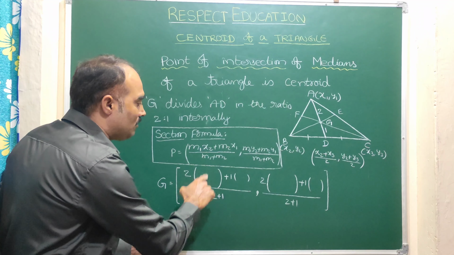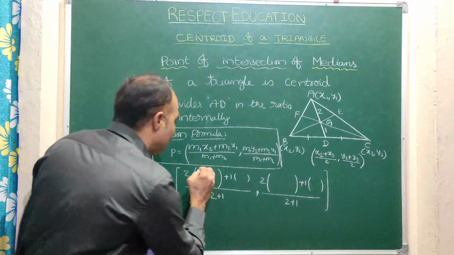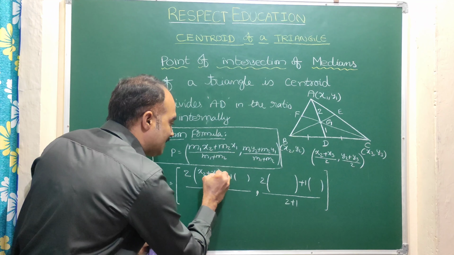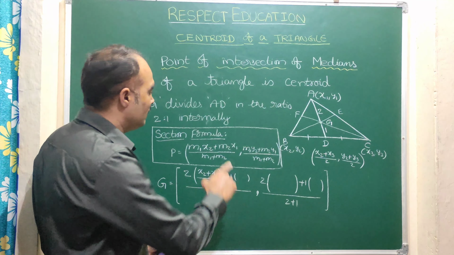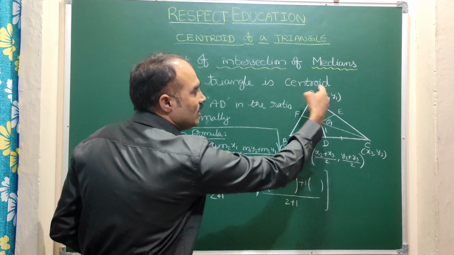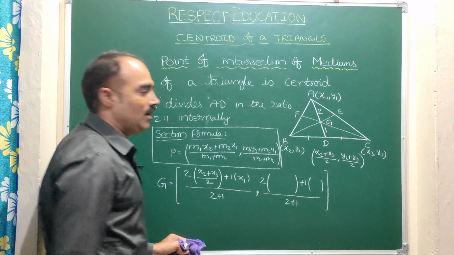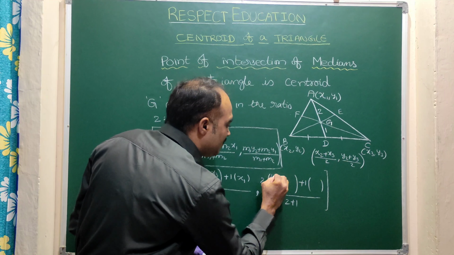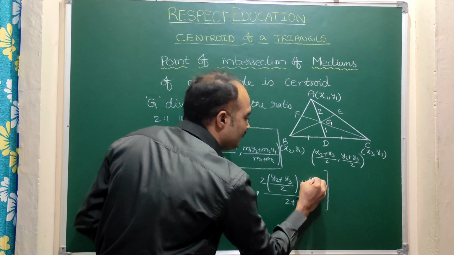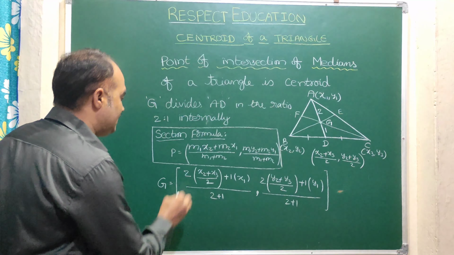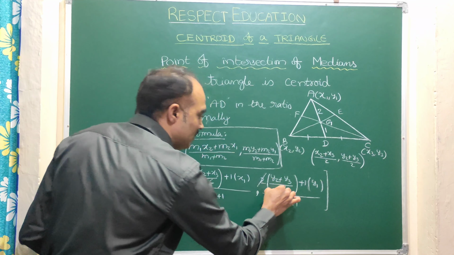Here what comes? x2 comes here. Here x2 in the sense this complete value will be x2, means (x2 + x3)/2, that is (x2 + x3)/2 times 2, right? Here x1 comes. Here x1 indicates x1 only. So this is x1. Clear? Now 2 times the y coordinate means (y2 + y3)/2 plus 1 time its y coordinate, that is y1. Let us simplify this. This into 2 divided by 2 gets cancelled. Here also same operation, into 2 divided by 2 gets cancelled.